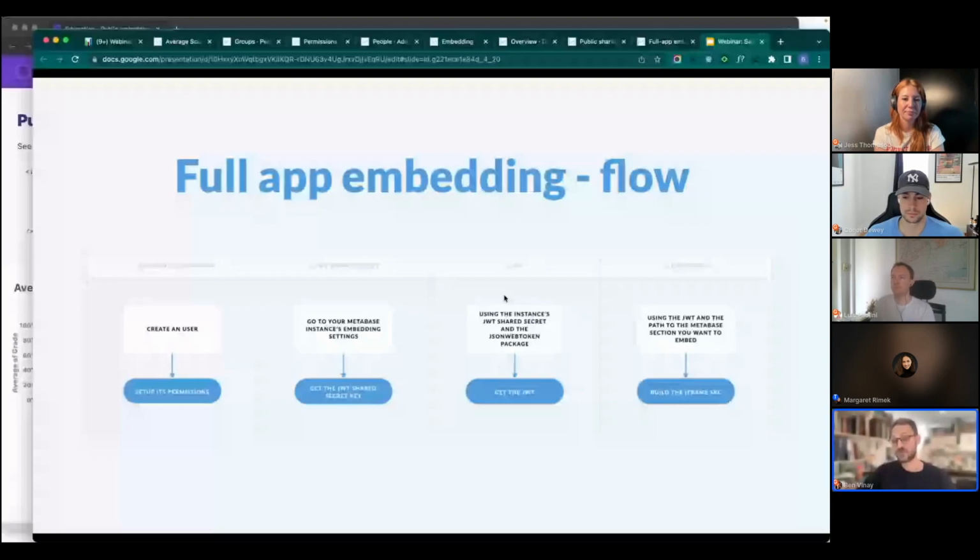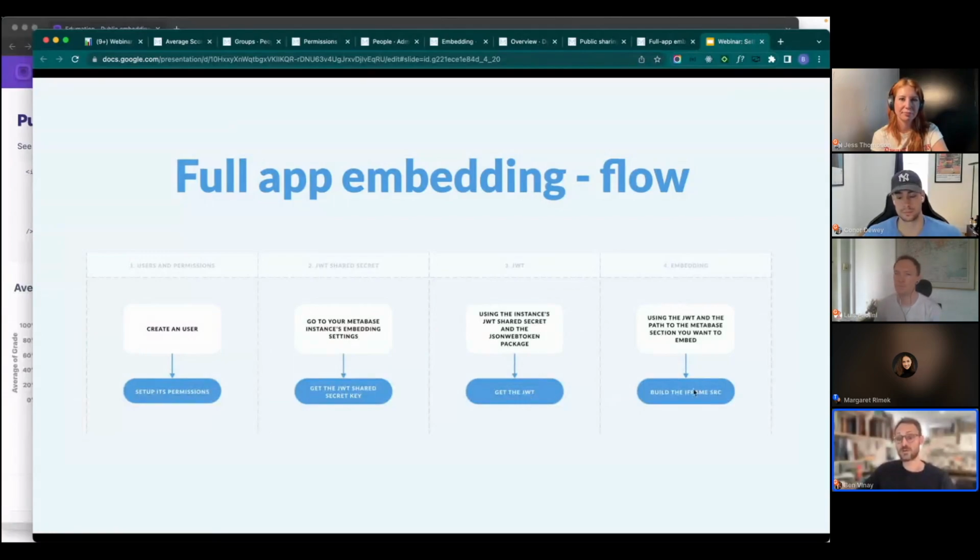So you can use the JSON Web Token package. It's available on CDN or in NPM. It's up to you. And this is really the first part of the coding you're going to do in step 3. So you will get this package, your JWT shared secret, send a request, and get a JWT, a JSON Web Token. And with this